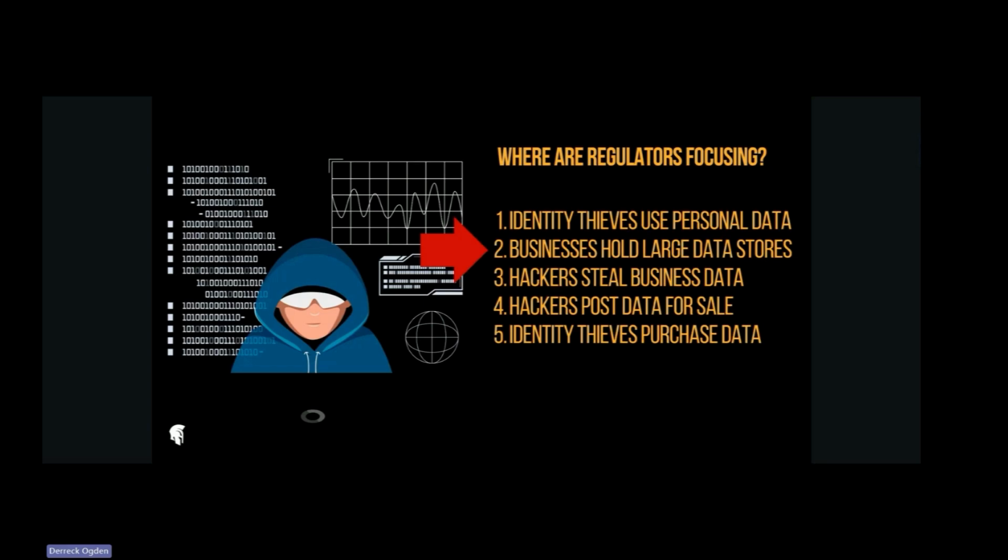So the only way that regulators can make this kind of thing stop or slow it down is at the business, right? So this is where the updates for the HIPAA HITECH rules are coming out. They were supposed to be out last year, and we're halfway through this year, and they're still not out. But all these state laws, all the regulations related to keeping personal data safe are directed only to businesses, and that's why. We're the only controllable ones. We're the only ones who can be told what to do and will actually listen and will actually suffer penalties if we don't do what we're supposed to do, right?